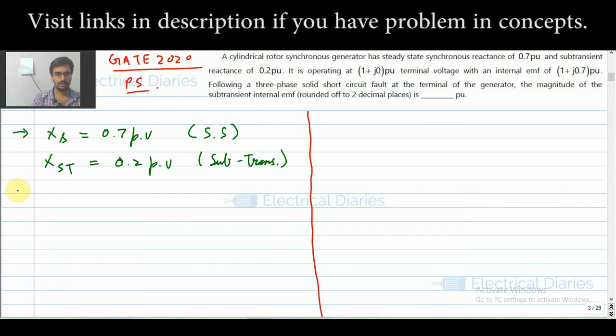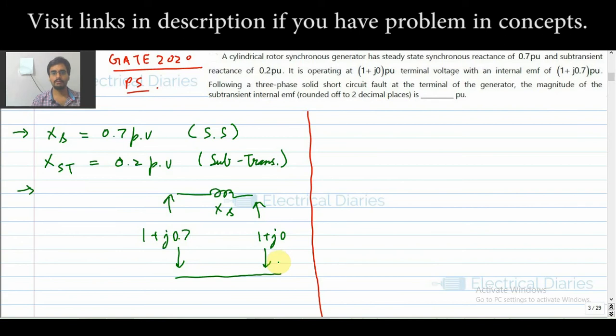You must now be aware of the equivalent circuit of the alternator. What he is saying is that your internal EMF is 1 plus j0.7 per unit. This is your synchronous reactance, and your VT is given as 1 plus j0 per unit. So this is the data given to you. This is your EF, that is your internal EMF, also called the excitation voltage,